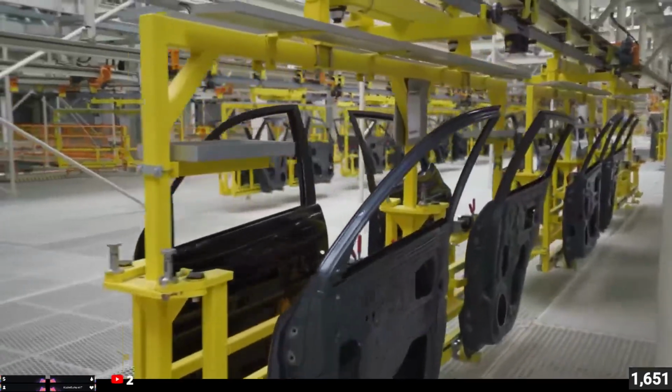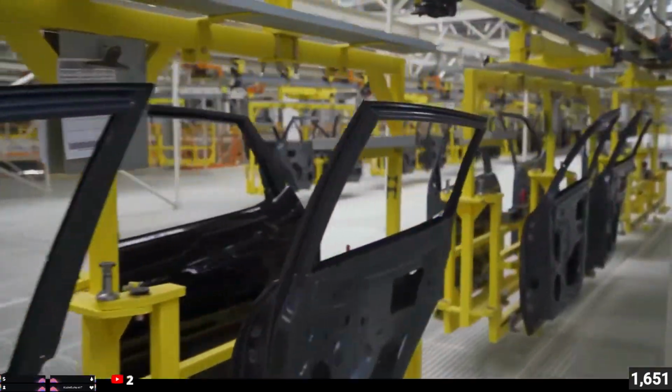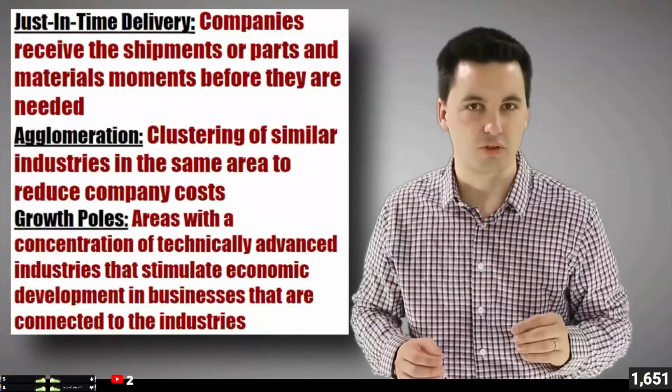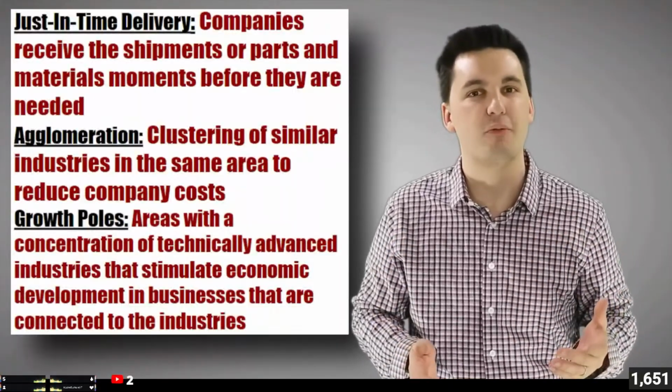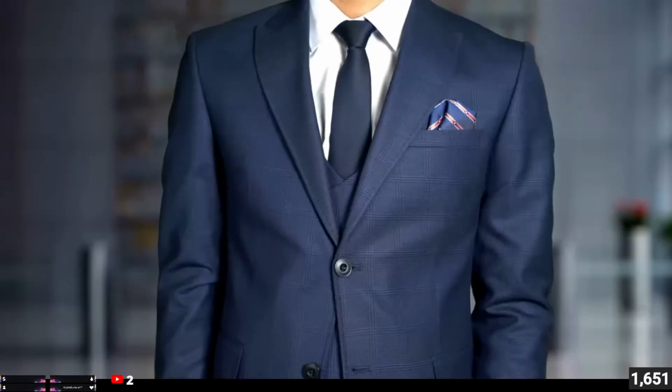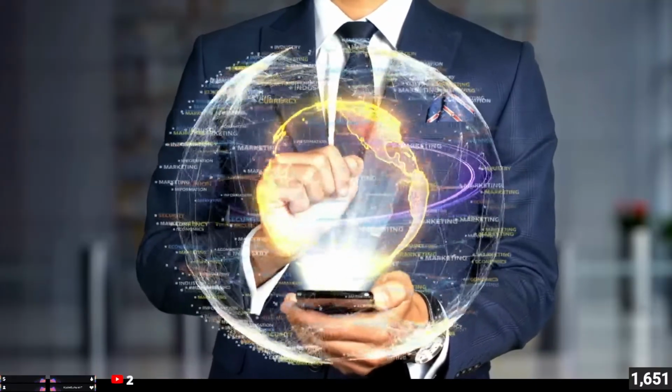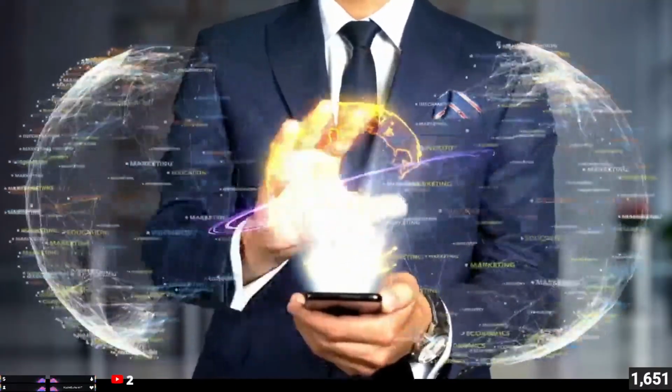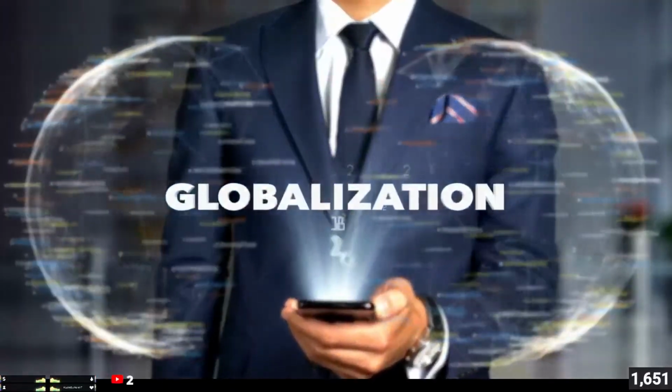This new way in which we're producing products and trading around the world has led companies to use things like post-Fordist methods of production, just-in-time delivery, agglomeration, and growth poles. All of these different things have allowed companies to be able to increase their profit margins and have also increased world trade and globalization. Next, we look at the impact of neoliberal policies, which seek to promote free trade agreements around the world. Things such as NAFTA or the creation of the World Trade Organization or the International Monetary Fund all seek to facilitate world trade and a globalized economy.